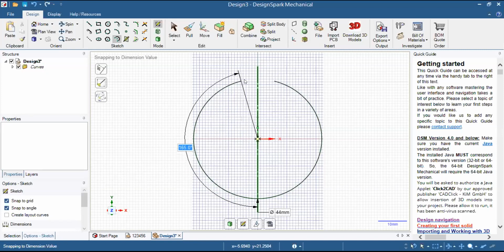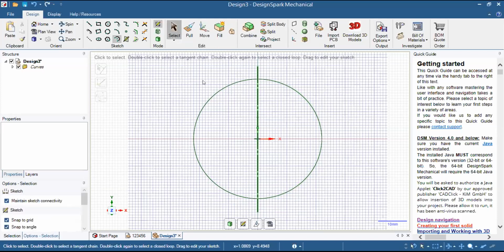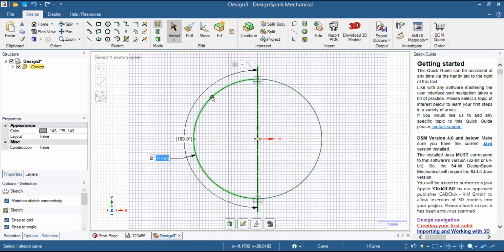Basically, I am drawing a circle only till here and automatically on the opposite side, the image has been created. So this is only due to the mirror command. Now I will go to select and select the radius or diameter of the circle which I want. Here you can see presently by default it is 44 mm. I will take it as 120 mm.